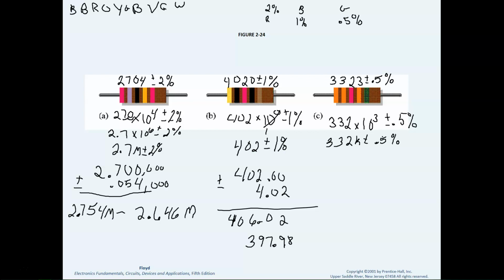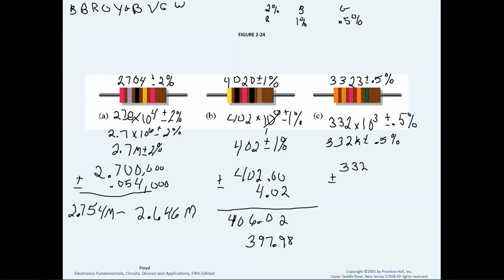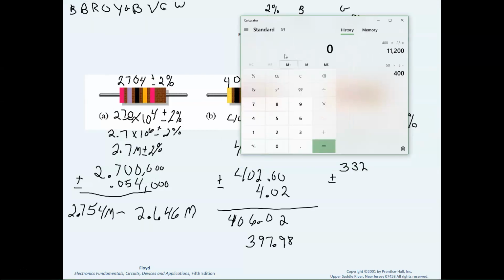Now 332 times 0.5%. I said I'm just going to bring down my numbers, not mess with the zeros too much. But you are going to add and subtract when you multiply this in your calculator. So just to kind of give you an idea of what I'm multiplying in my calculator, guys, is all I'm saying is 332 times 0.5